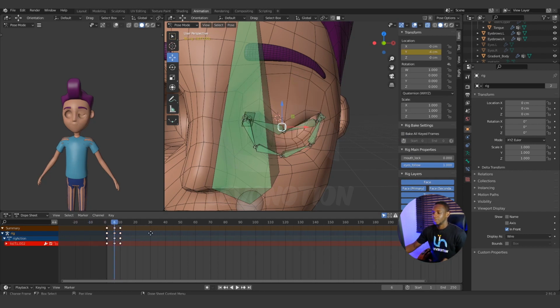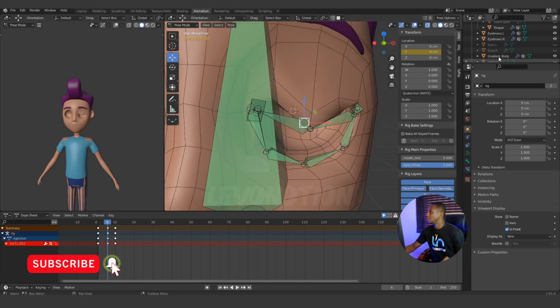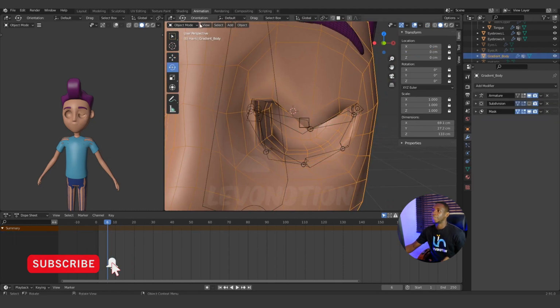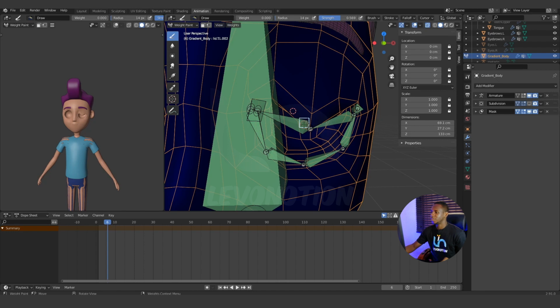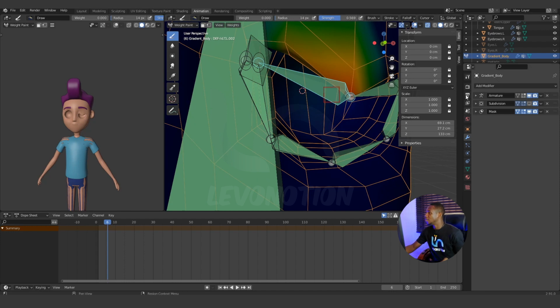Now on 6 I would like to paint the weight. So click on the character, then come to weight paint, and now I can hold down Control and click on this bone, and then make sure my